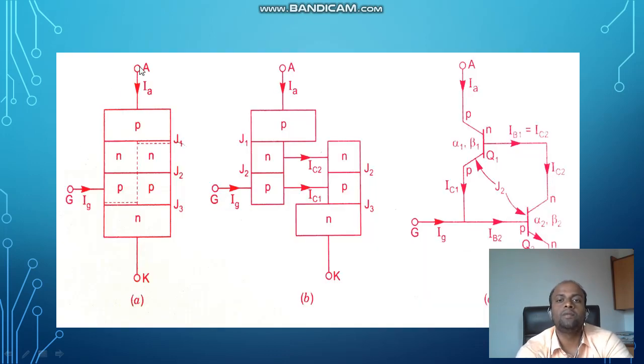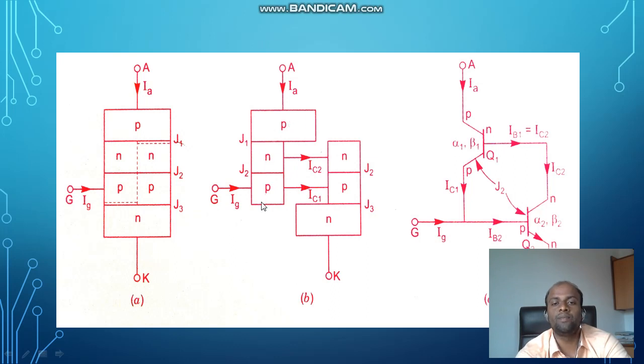See here, this is one SCR thyristor. This is anode, cathode, and gate. PNPN. Now what we did, we split these two middle layers into two different halves. Then if I separate or split this particular part, NPN and PNP, see here, PNP and NPN. Though I bisect, it should not be electrically differentiated. Hence, I have shown the connection in between. This N and N is connected. This P and P is connected.